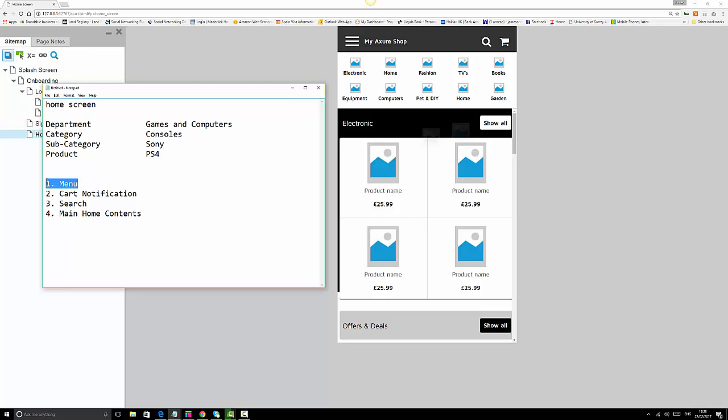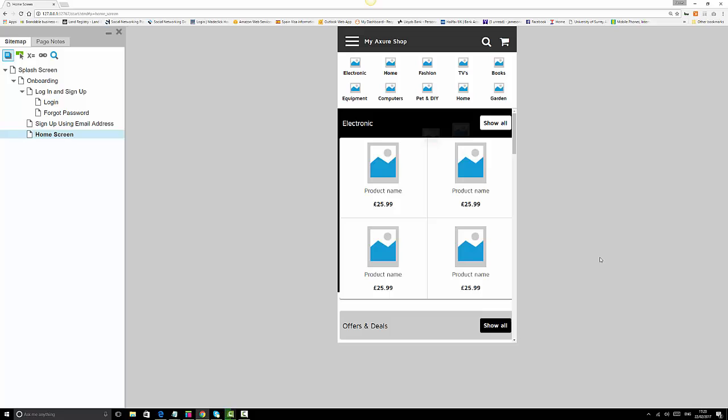Now we need to go to the menu, how we can do the menu section, the page as well, so that when we click this hamburger menu, we can see our menu. And we're going to look at the cart notification, and also we're going to look at our search notification in our next tutorial. So I think what we need to do next is to wrap this up by just testing it